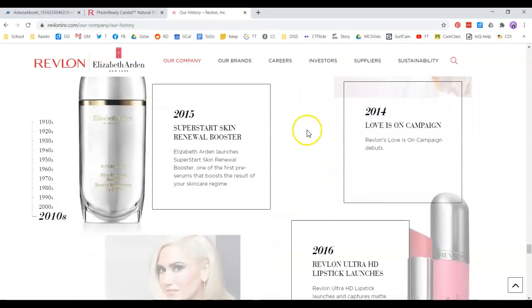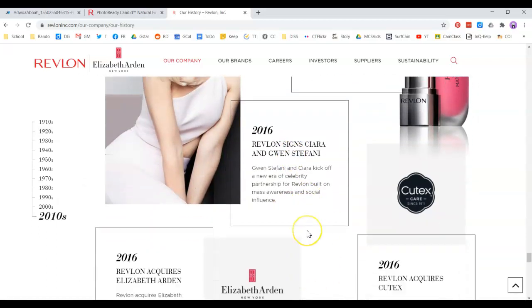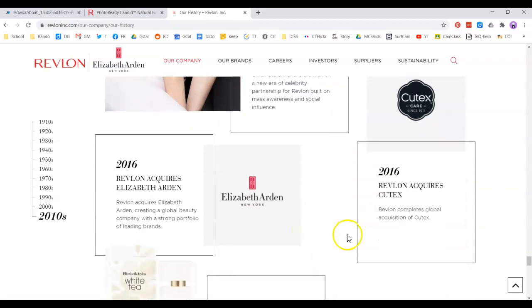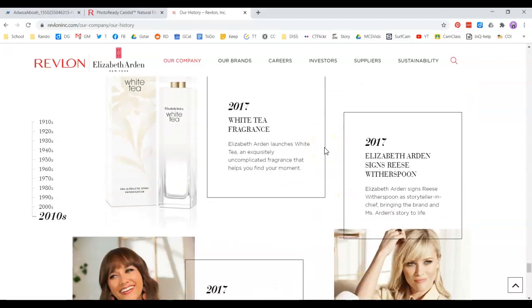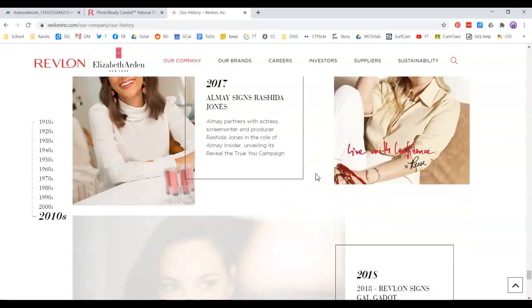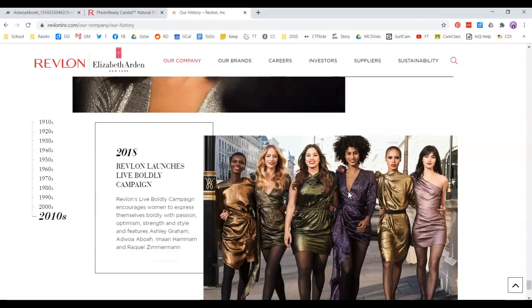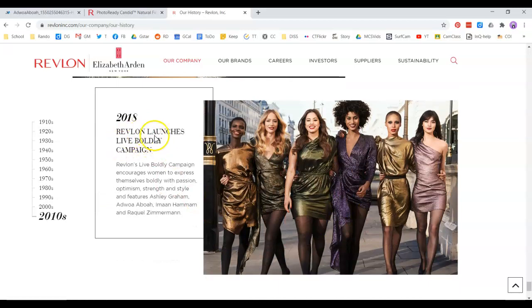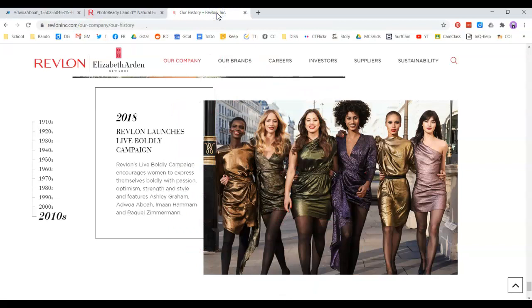Let's see what's going on here. Some famous people being signed on, acquiring other smaller companies. There's Wonder Woman. Oh, look at this. 2018, Revlon launches Live Boldly campaign, and I'm pretty sure this ad that I found, yeah, look at that, Live Boldly. So I could even get into the tie-in there in my introduction if I wanted to, and I could